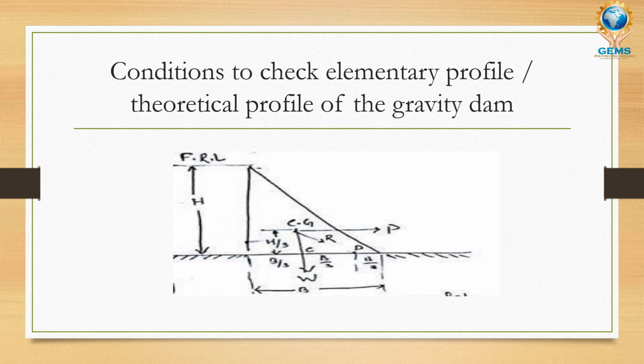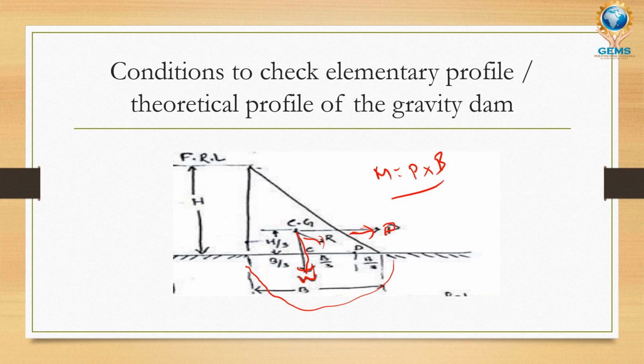Here you can see the dam, which is acted on by a vertical force due to the weight of the dam, W, and the horizontal force P, the pressure being generated, and R is the resultant. This pressure P acts anti-clockwise and clockwise over this entire length, to reach a distance of B, and it generates a moment P into B. This is an important thing.